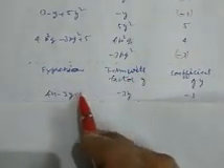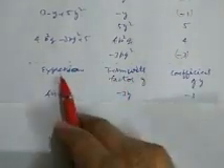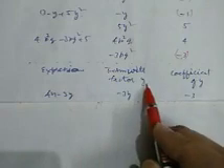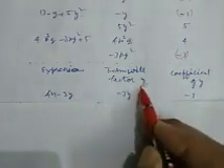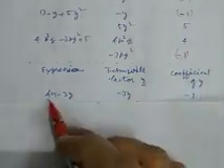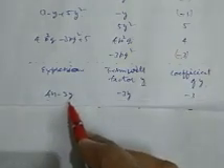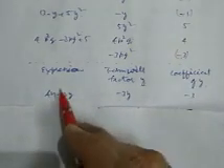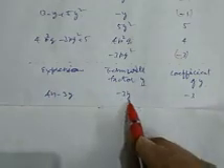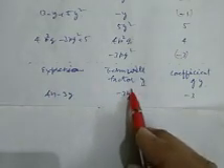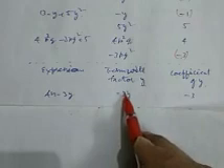Now we take another type of expression: terms with factor y. Now we take the factor y. Coefficient of y in 4x minus 3y. Here we are considering only the factor y, so we take only the term minus 3y. By taking this minus 3y, we find that minus 3 is the coefficient of y. So this is clear.